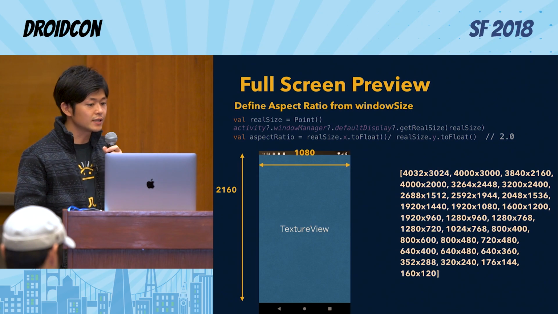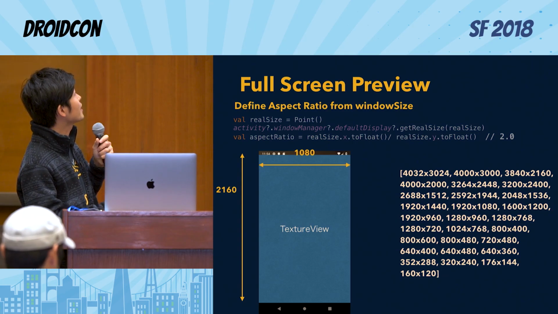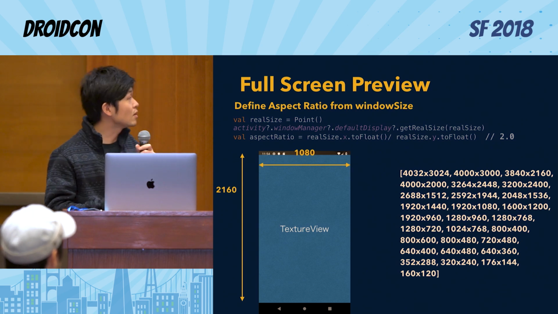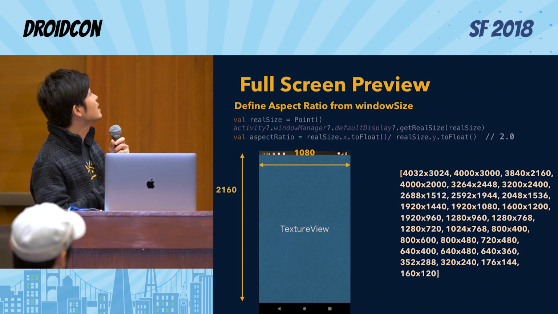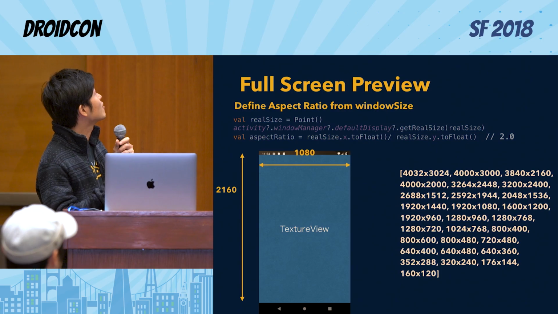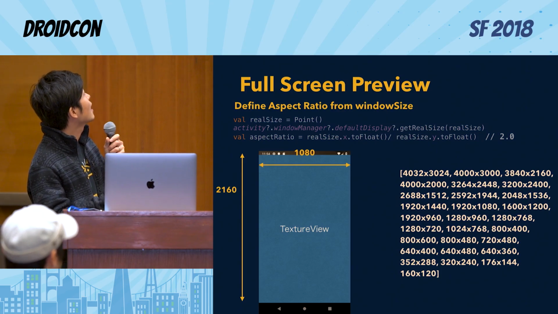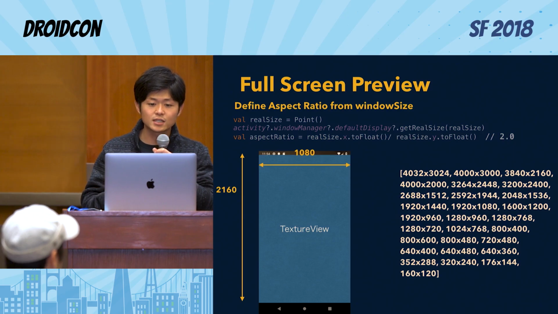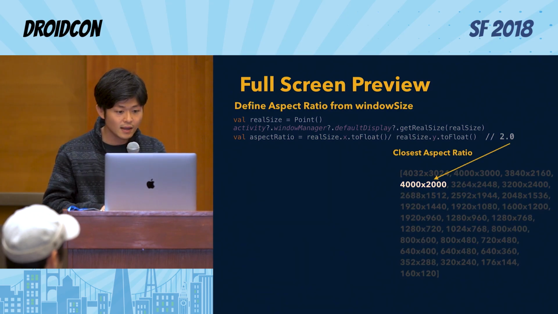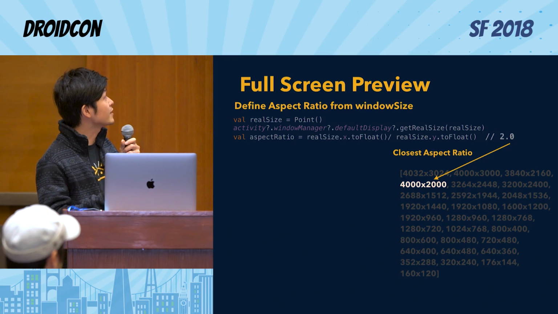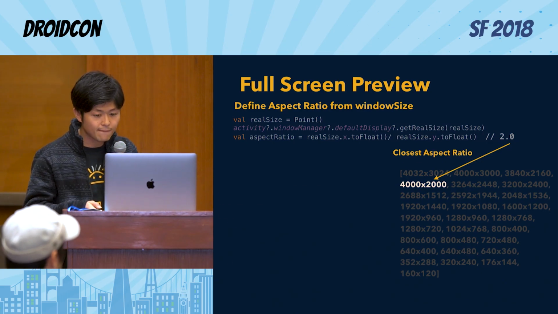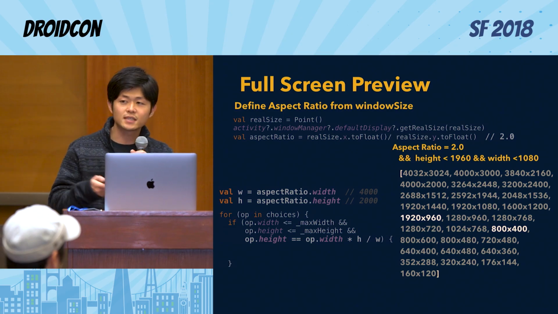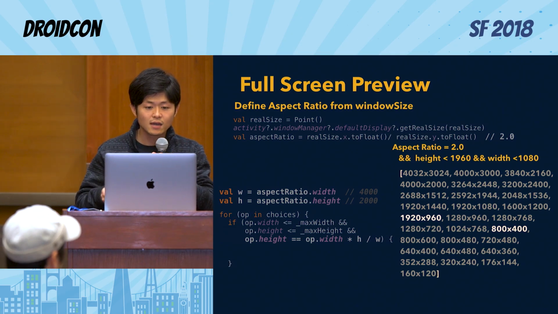Now, for the full screen preview, we can calculate the preview size using the window size. For the example of Pixel 3, the window size is 1080 as a width, and 2160 as a height. So we know the aspect ratio of this screen is 2.0. And the closest aspect ratio here is 4000 to 1000. Now, using this aspect ratio, and also we set the maximum height and width, we can calculate